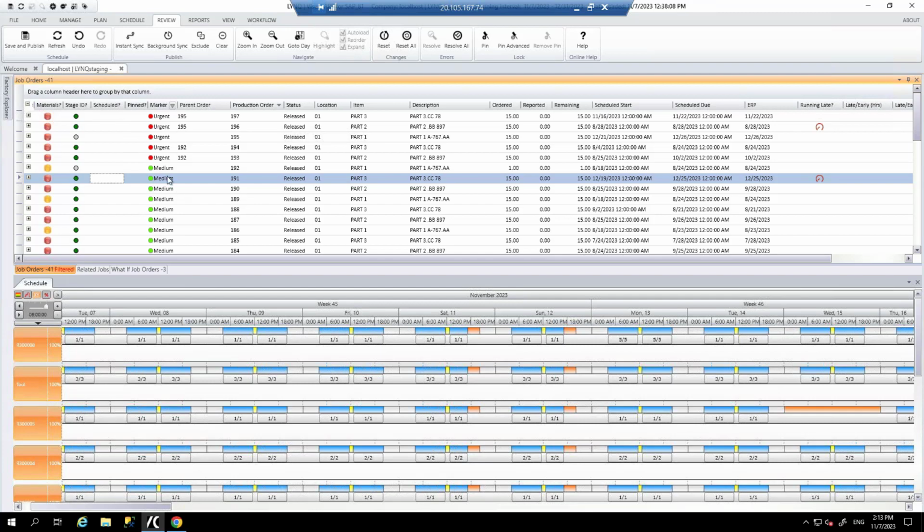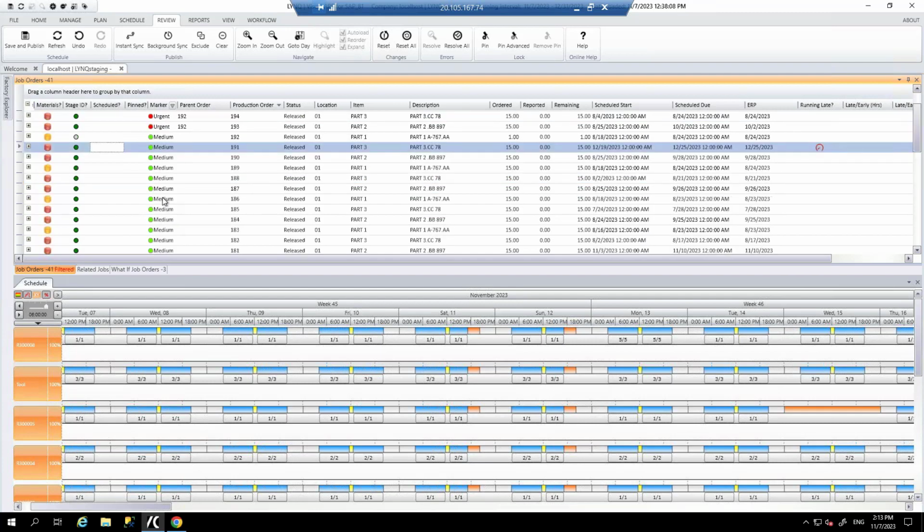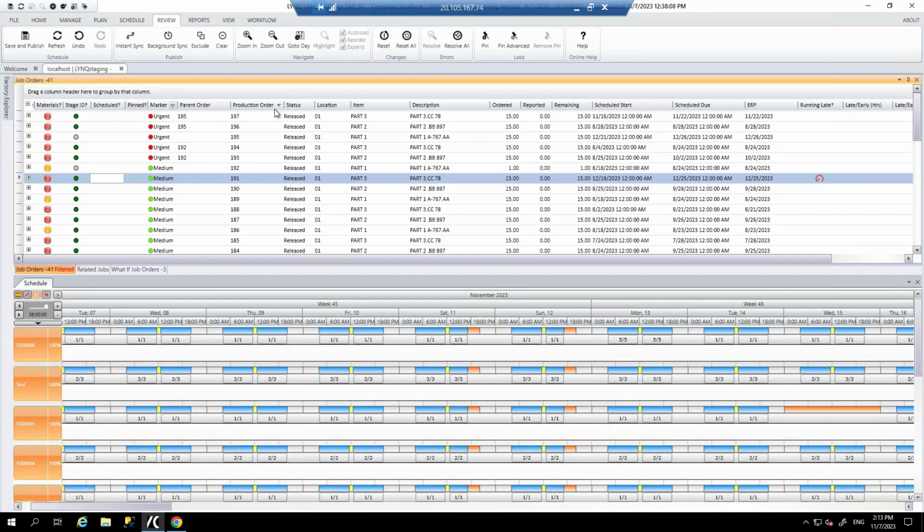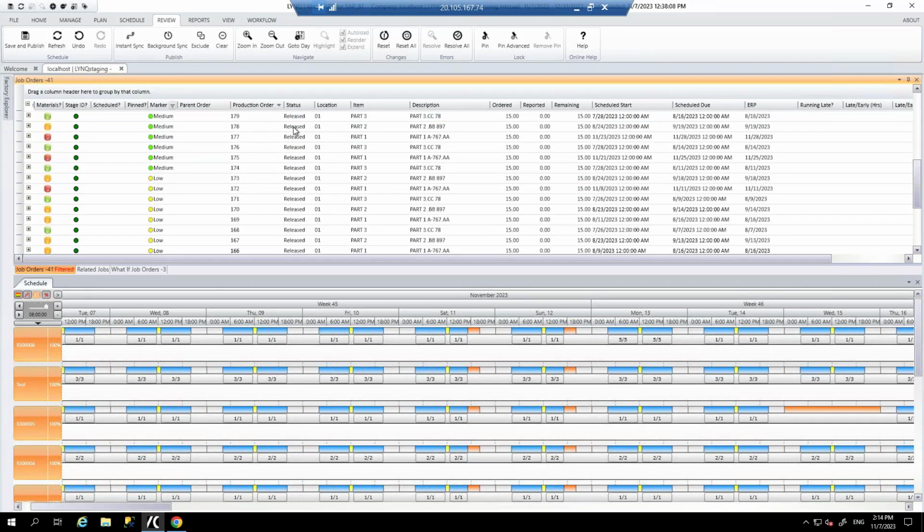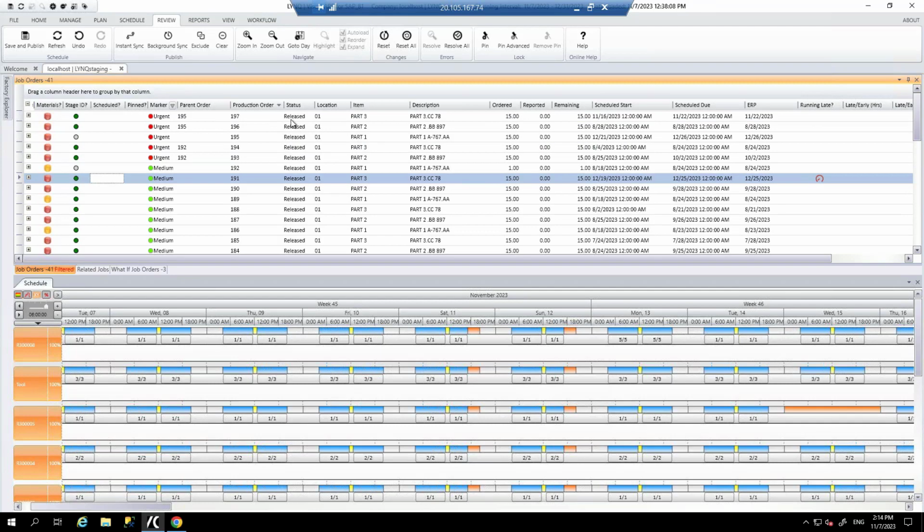Now in the top area, this is the task panel where you're seeing all of your live demand, all of your production orders, and obviously lots of data here, so you can sort, group and filter on any attribute at the top. You can even bring in data from Business One. For instance, you might want to bring in user-defined fields and use them in your scheduling. You're seeing a lot of my production orders here that are released, but typically they'll come in as planned, and once we save and publish our plan, we automatically release the production order in Business One through the integration that we have there in place.